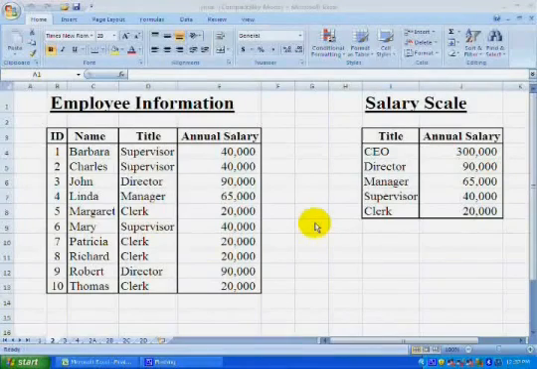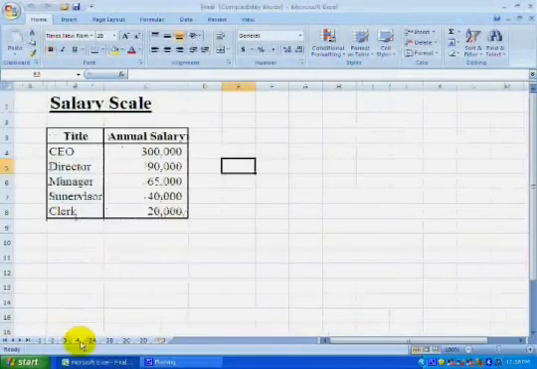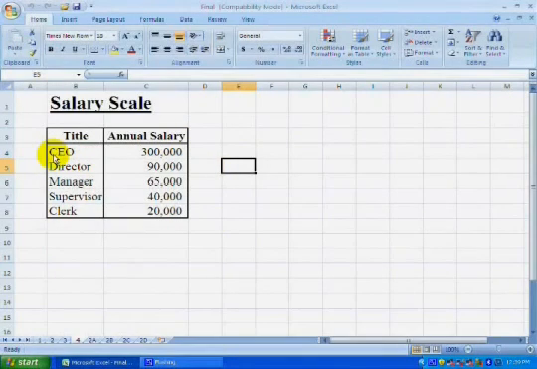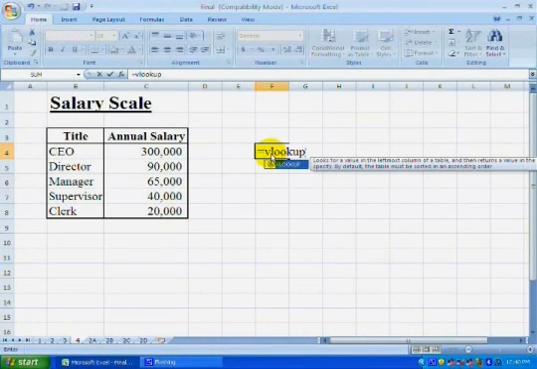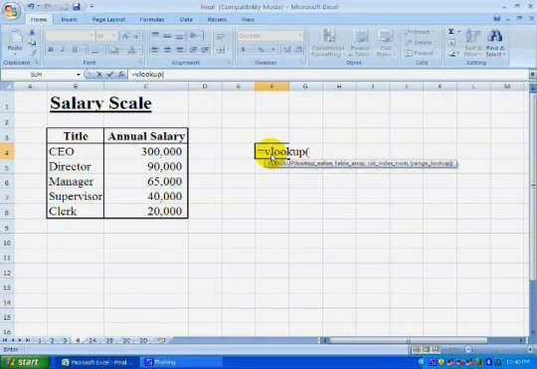We can also use wildcard characters such as the asterisk and the question mark in our searches. For example, over here, that's what we see here, we can find the CEO's annual salary using the wildcard characters. Let's go to this cell, type equal, type Vlookup, open parenthesis. Let's use the asterisk in this case, so I could refer to CEO such as within quotation marks C and sign, open quotation, asterisk, close quotation, comma,